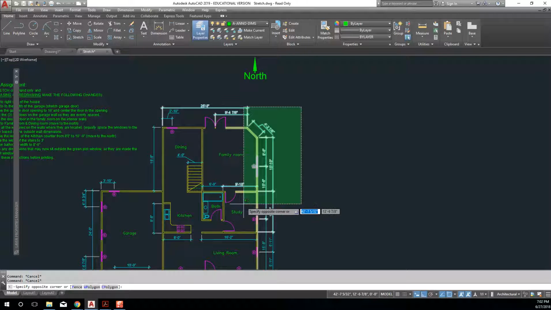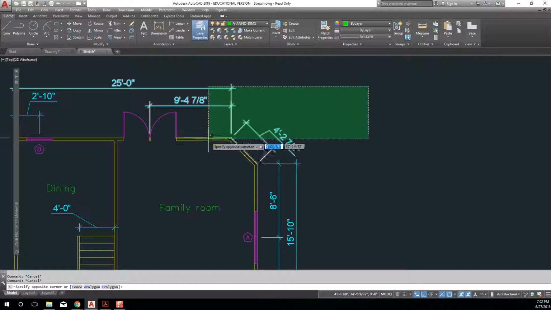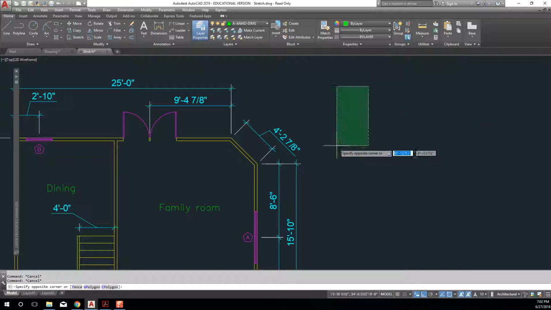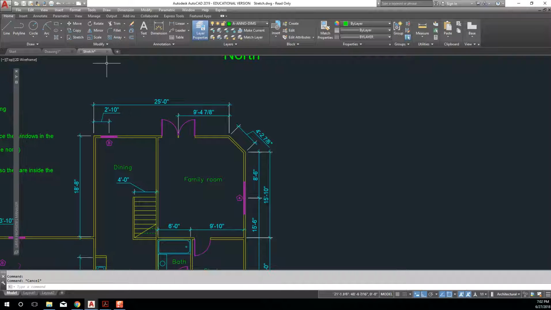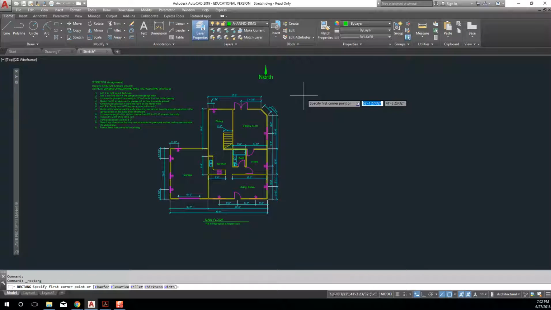Now, the dimensions around this floor plan will also become elastic and stretch with the objects that you stretch out. So you're going to notice not only will my walls become elastic, but as I cross over these dimension lines, they will also become elastic and stretch out as I stretch, all right? So if I were to want to stretch the right side of this floor plan out by 2 feet,